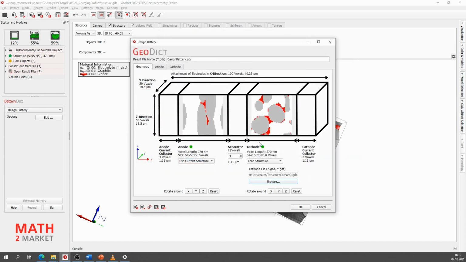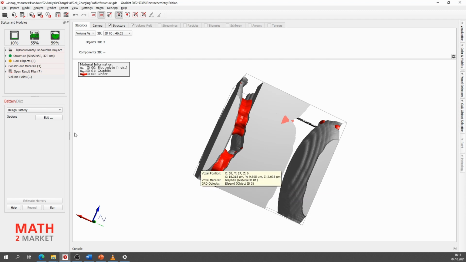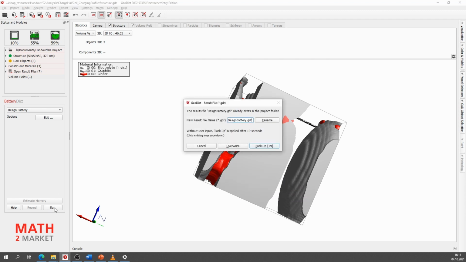I load it in, and now I see that the voxel length is fitting, that the size of the scan is fitting, and that the structure is fitting together. And I can click on OK, and now I can click on run. And I'm going to make a backup.